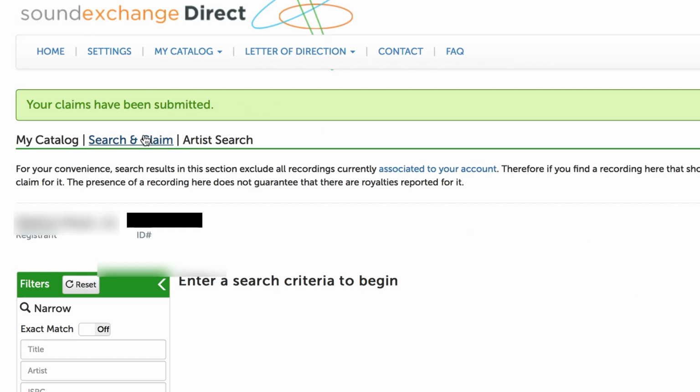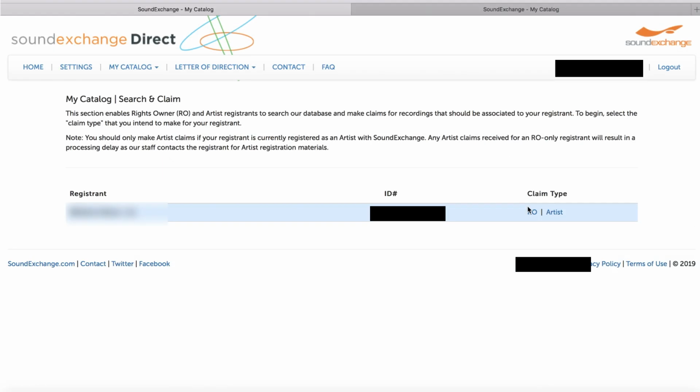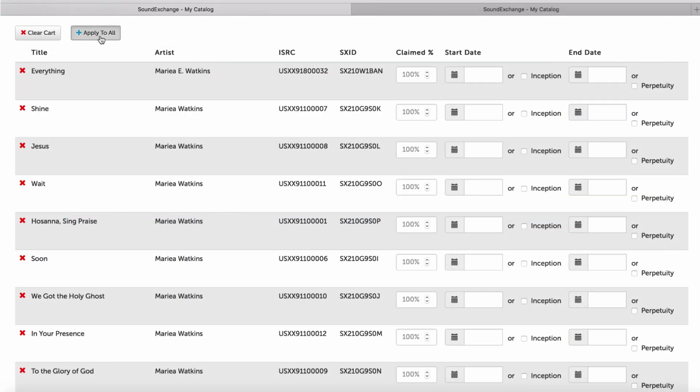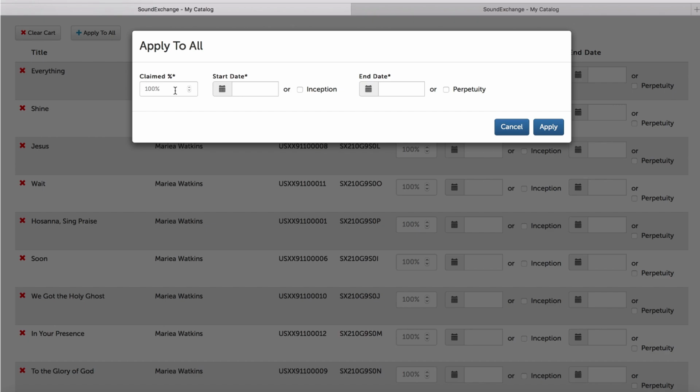If you are a rights owner, you'll need to go through that process again, except this time, click RO under Claim Type, which stands for Rights Owner, and go through the same process. There is one difference. After you get to the screen where you put in the percentages, there is also a start date and an end date. The start date meaning you put in the date that you would like to start collecting your sound recording copyright ownership royalties for the performances of the sound